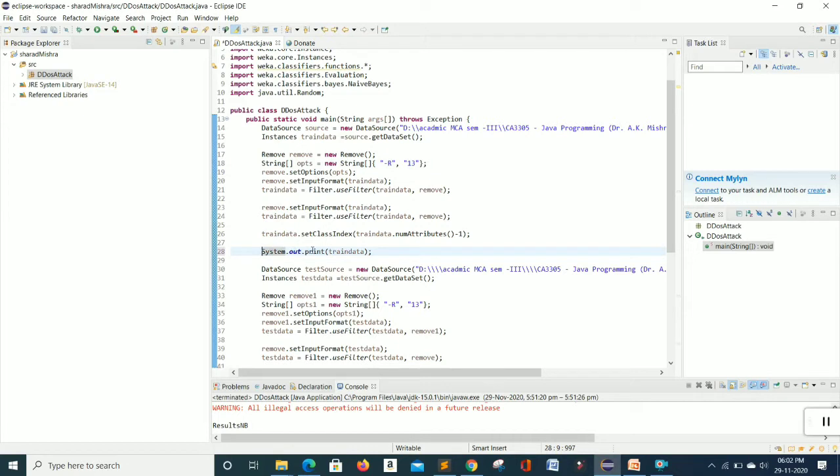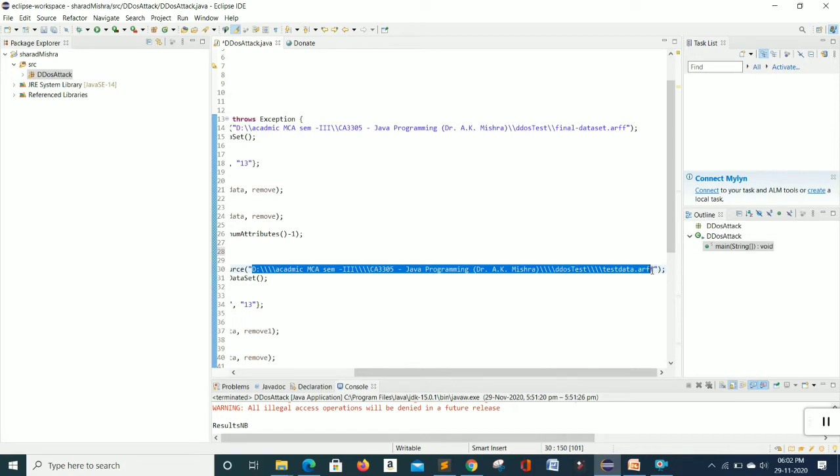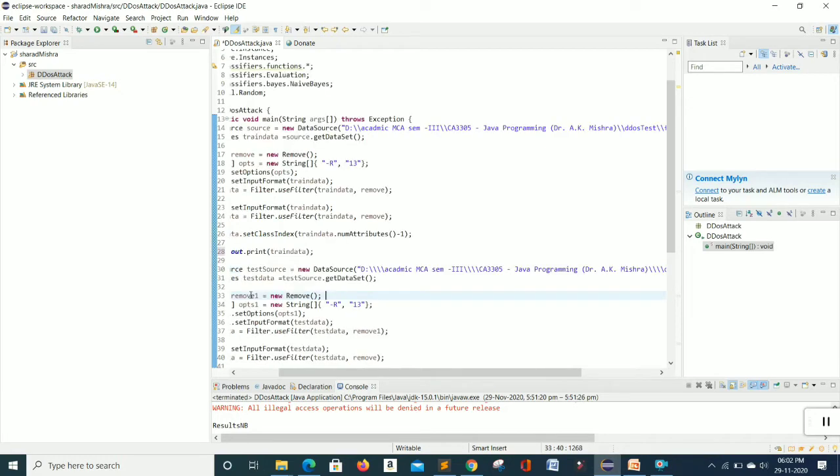We use the train data, and again we use the data source, and we pass the path of the sub dataset as an argument to the data source class. Where is the sub part of the dataset?